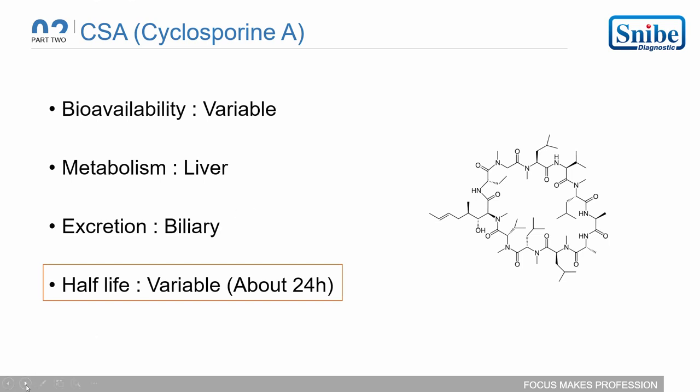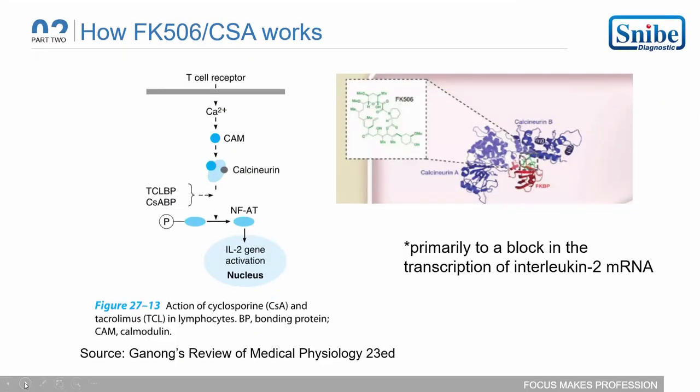So if we talk more about FK506 and cyclosporin, both tacrolimus and cyclosporin, how do they work? The major function of these drugs is that they impact the T cell receptors, and they primarily block the transcription of interleukin 2 messenger RNA. Then the calcium channels are activated, and calmodulin and calcineurin are activated, and then IL-2 gene activation occurs in the nucleus. So this is basically the action of